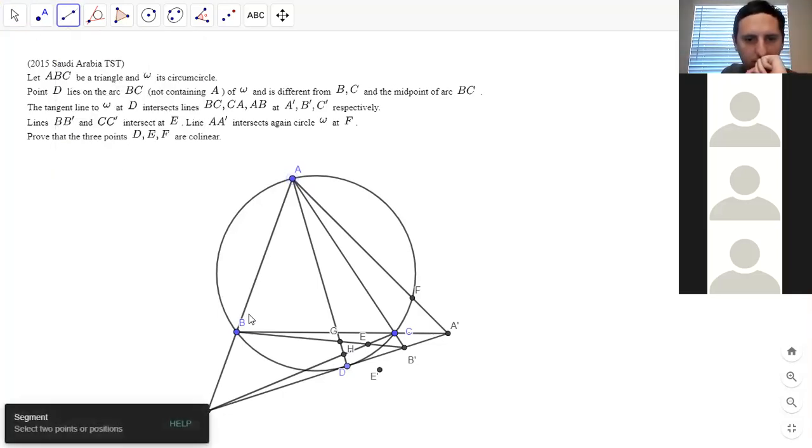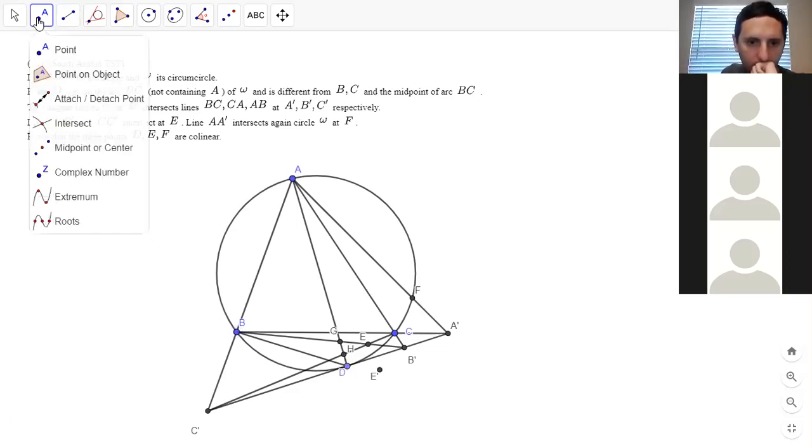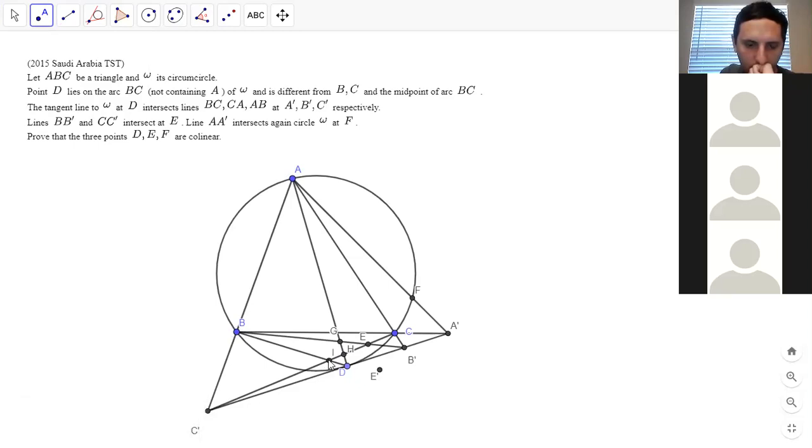So if I project through B, A, G, H, D, and I might get this point. So AGHD projects to C, E, H, I, C prime, E, H, I. Then that projects